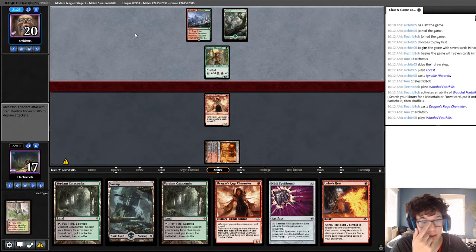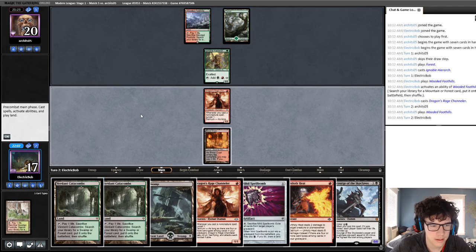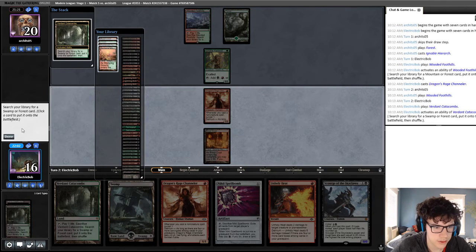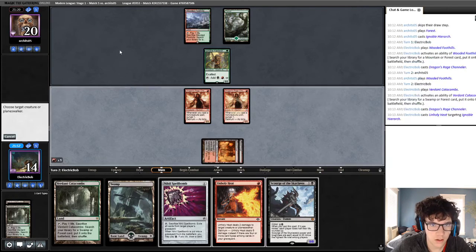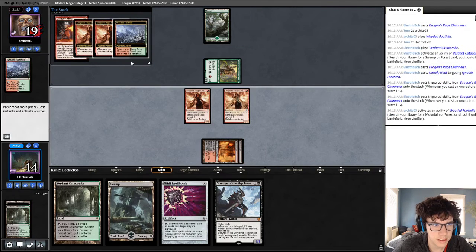So, alright. They might just be going for a Coco here. So, I guess we'll just kill this. For sure gonna kill that. Oops. Play our DRC. Play our Unholy Heat. If they didn't have a 3-drop, they probably don't have a 2-drop, so. Ooh, this could be,